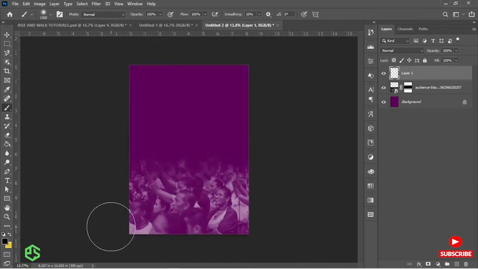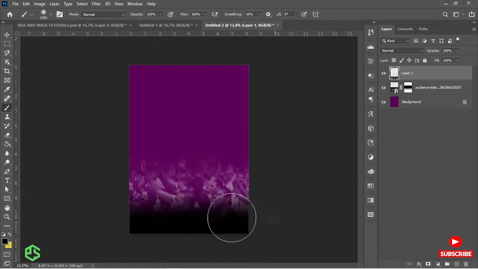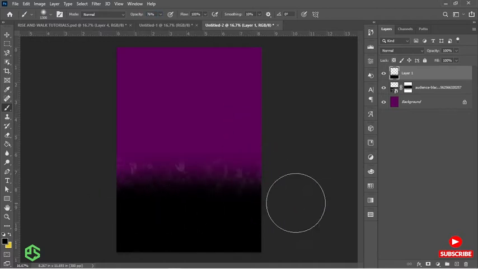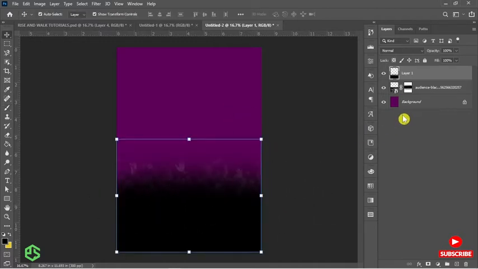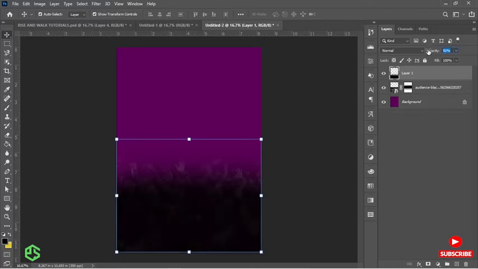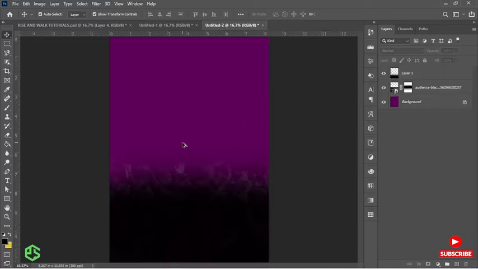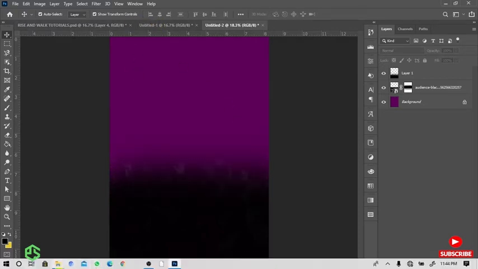I will paint just like this to have a nice effect, and I'll reduce the opacity a bit to have a nice effect like this. And if it is too much, you can reduce its hardness to get something like this. Alright, so from here I'll go back to my resource file,